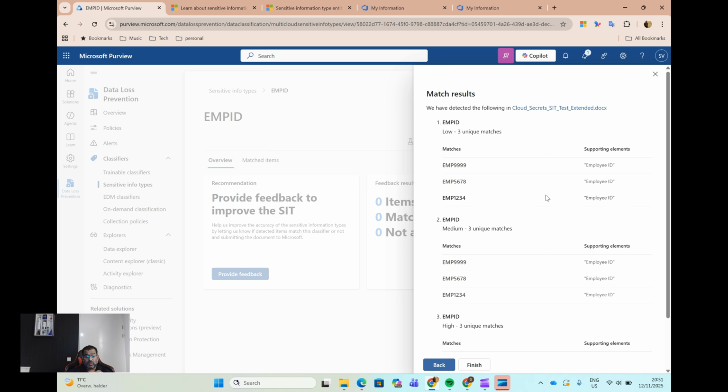So of course, I highly recommend making use of these SITs, which are really helpful in identifying the sensitive information. And also the migration from the compliance portal definitely makes the management smoother and more powerful. I would definitely say make use of this, and it would really help any organization to detect the